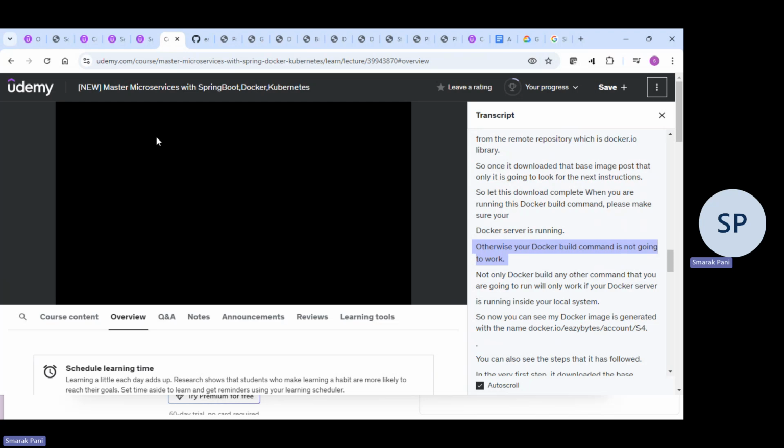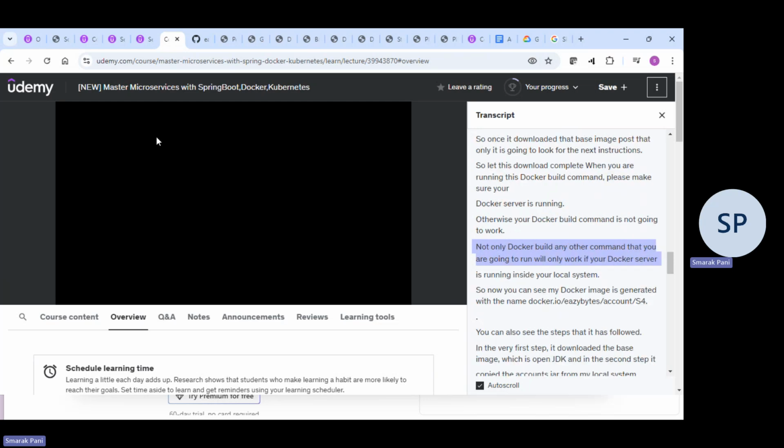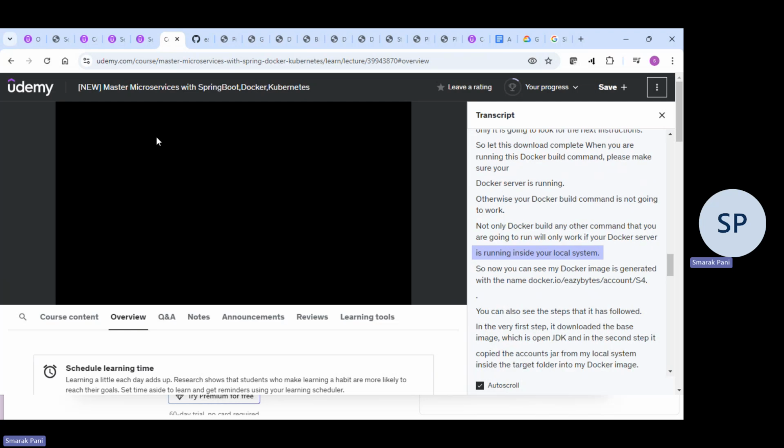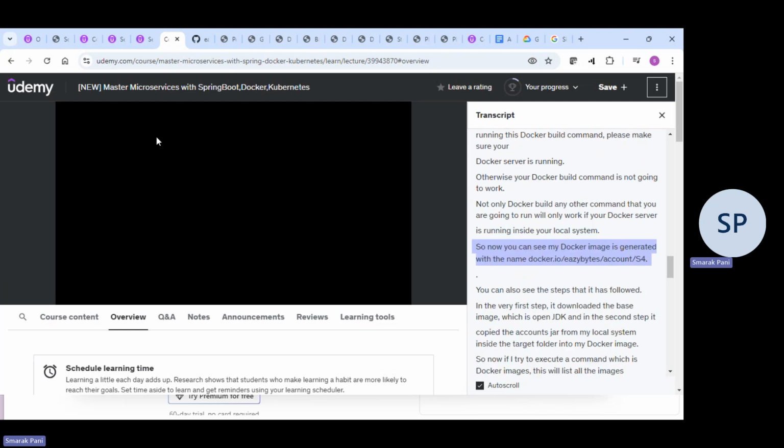Otherwise, your Docker build command is not going to work. Not only Docker build, any other command that you're going to run will only work if your Docker server is running inside your local system. So now you can see my Docker image is generated with the name docker.io